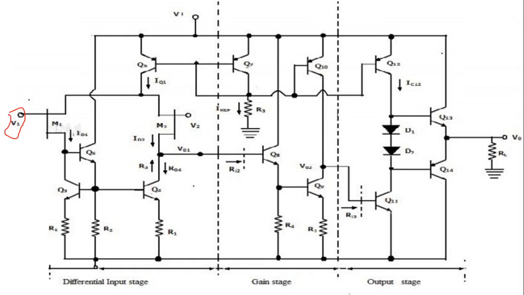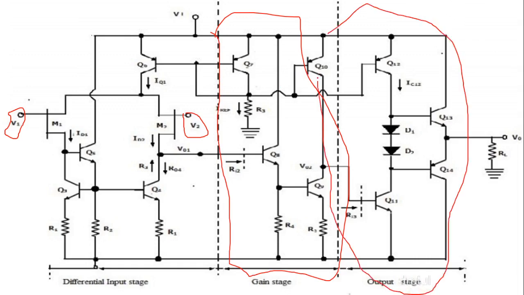This middle stage is the gain stage, where there are common emitter amplifiers amplifying the input. This is the third stage, and this is the output stage of this